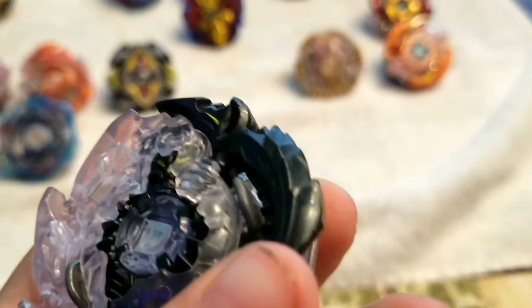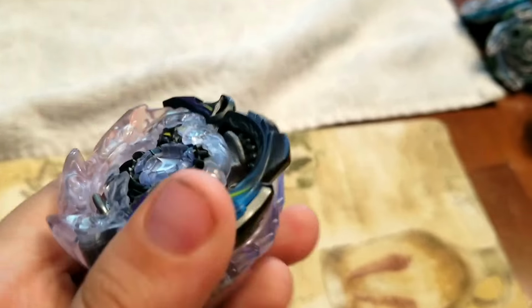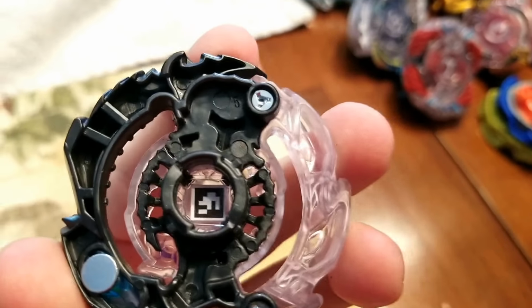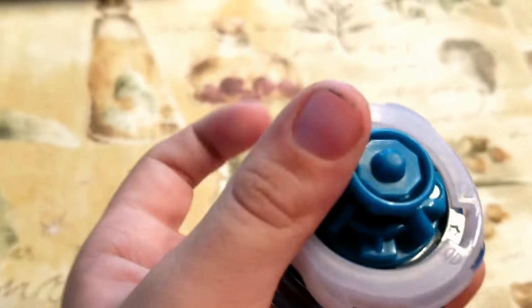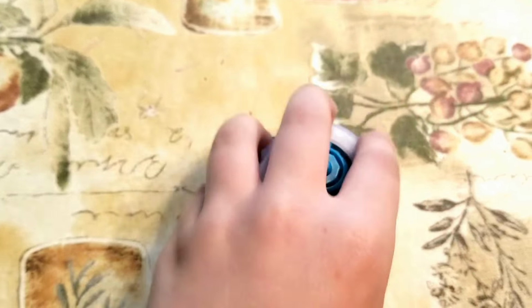Next up we have Dark Death Sizer, an attack type, and you can see here it can move its top forge disc back and forth with its double strike, and I'll get you its code. My next bay is Blast Genius, a defense type bay. You can also move its upper forge disc. If you want to see its code,